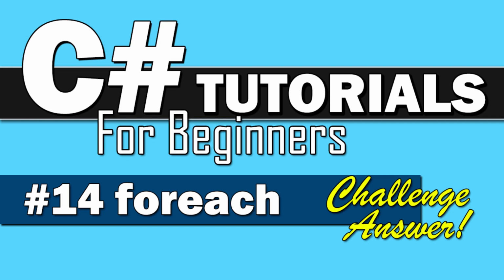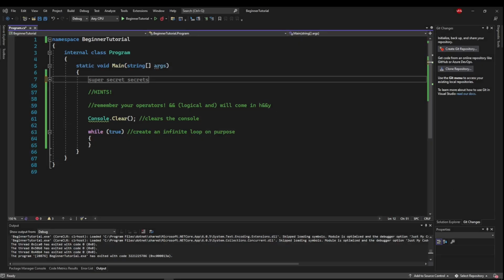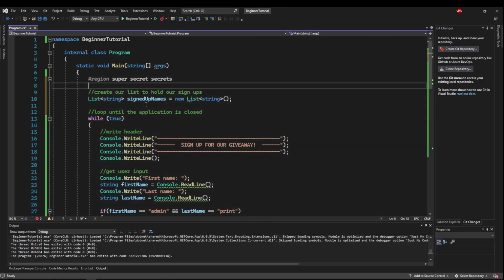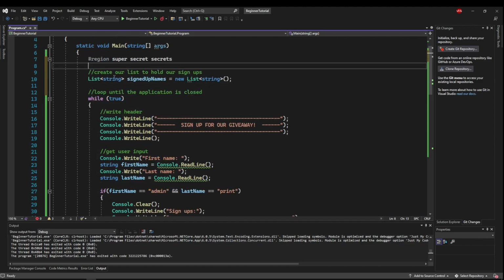This is the answer to the coding challenge for number 14, foreach. Alright, so let's open up our super secret secrets region. Now, first thing we need to do is to create our list to hold our signups. So our list of type string holds our signed up names, and that's a new empty string because we don't